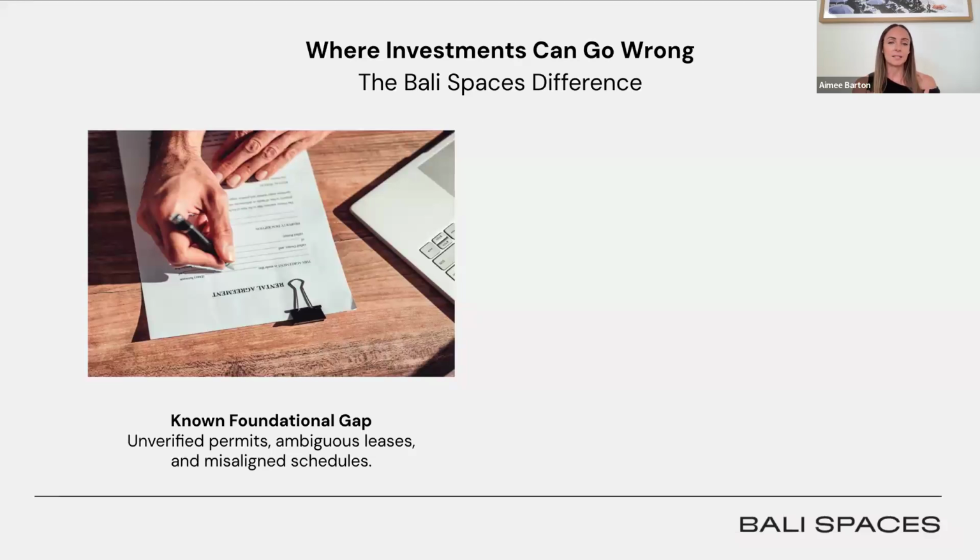And we see lease agreements that don't clearly outline the transfer rights. We see construction jobs happening without construction agreements. We have permits that were assumed but never approved. And we have individuals looking at doing their own management when they've got no expertise and no licenses to do so. One of the things we do at Bali Spaces is we look at a project structurally and commercially before